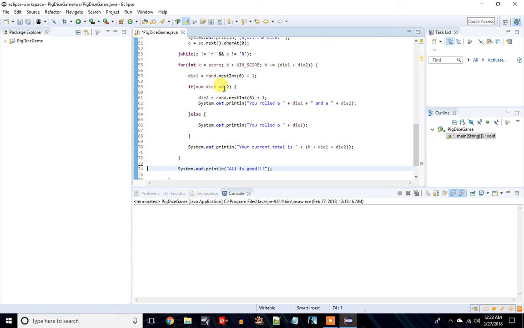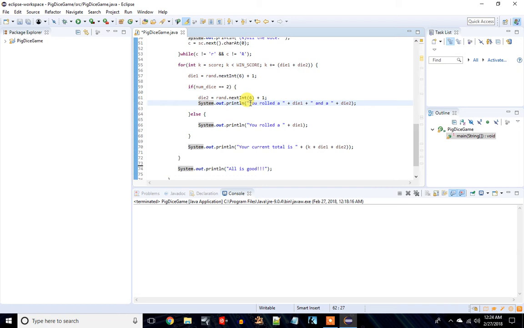Alright, so you should have come up with something similar to this. If you didn't, let's go through it with me, and I'll explain what I've done here. Basically, when you come into this for loop, regardless, you're going to roll at least that first dice, so I went ahead and rolled that. Then I checked to see if num_dice equals 2. And don't forget, 2 equal signs to compare. If you do 1 equal sign, you're basically saying num_dice equals 2, and that would change the value of num_dice. So if it does, we go in here, we roll die 2,